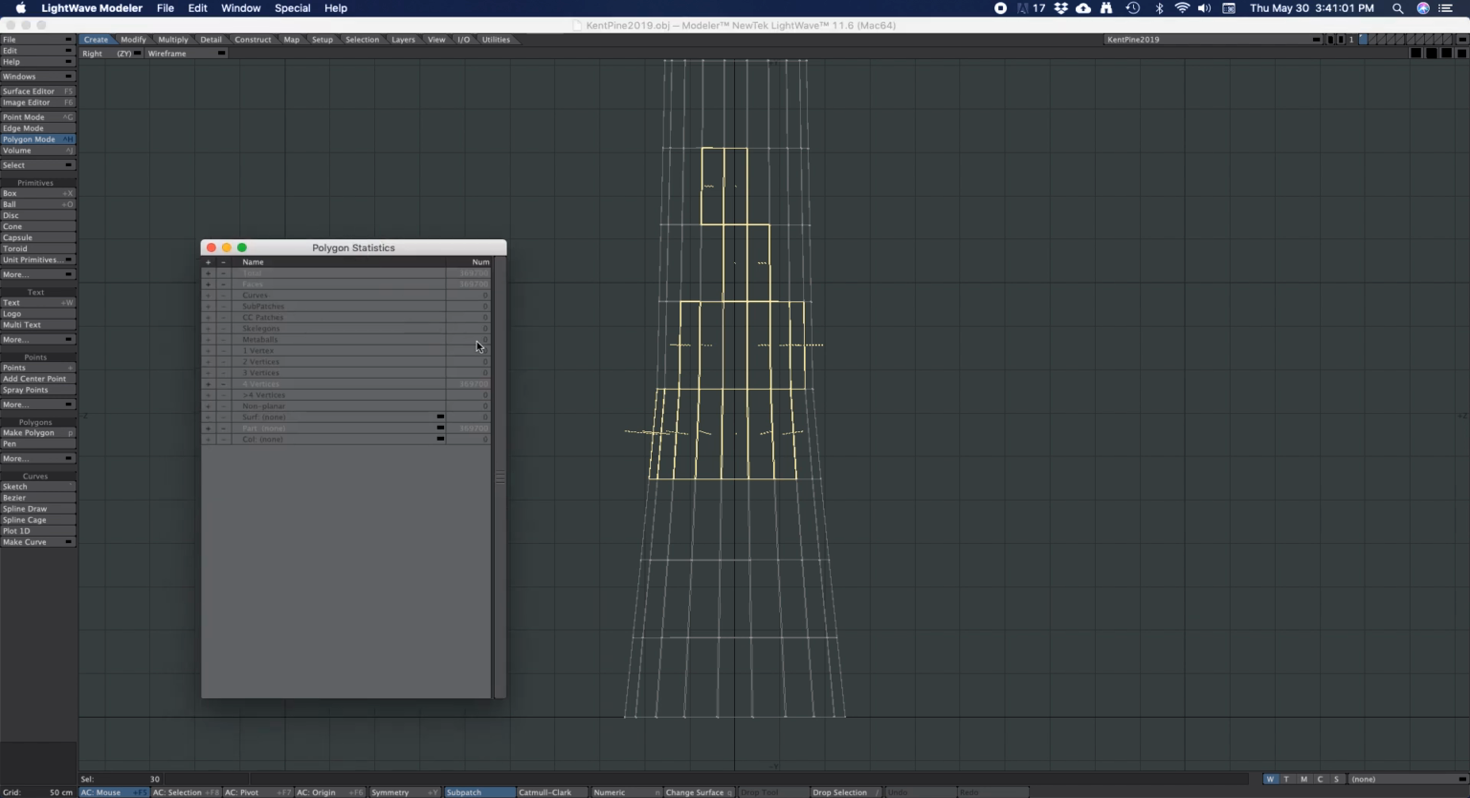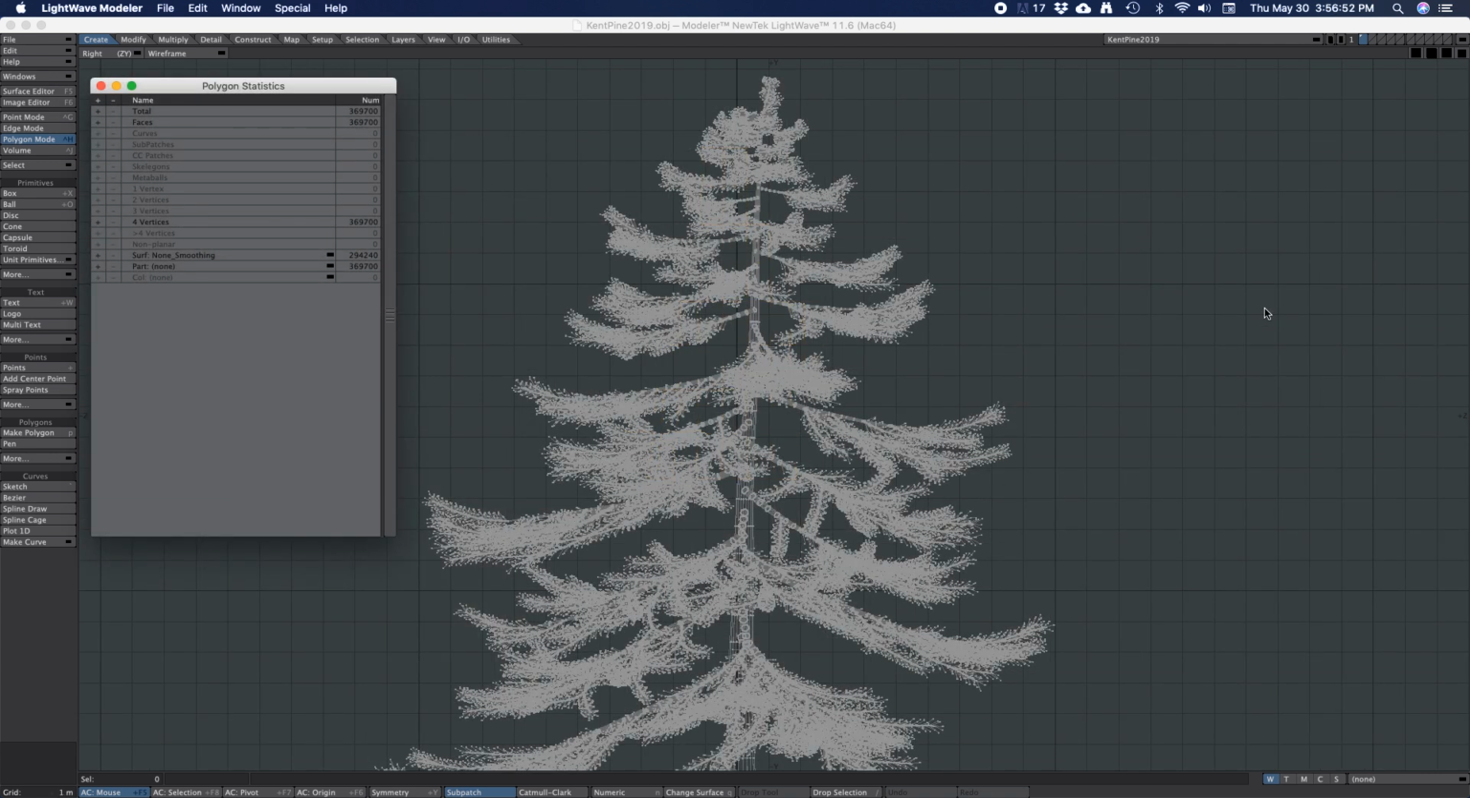And polygon statistics. This tree has 369,700 polygons. The polygon count is sort of high for this tree, and I want to keep it down to like 60,000, 70,000, and it's over 360,000 polygons. And I'm going to show you how to reduce that and then create more of a realistic looking